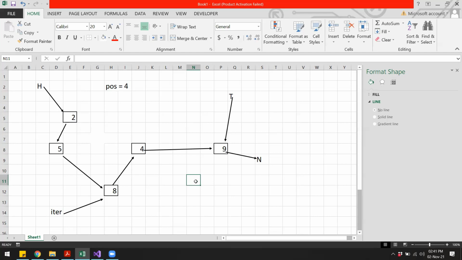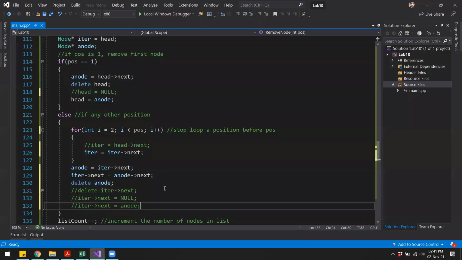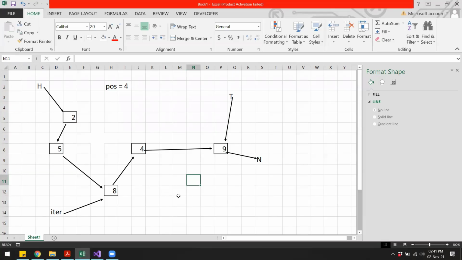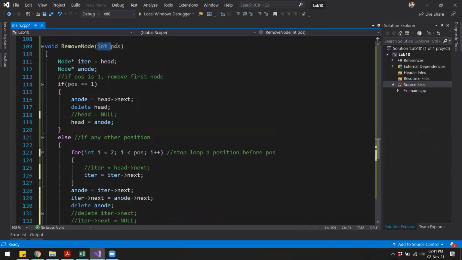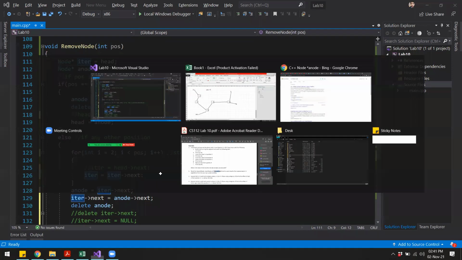So now let us delete the last node and see how this code works. So the position for the last node is 5. So 1, 2, 3, 4, 5. So let us call this function and pass position 5, right? So when this function is called, iterator will be created, right?